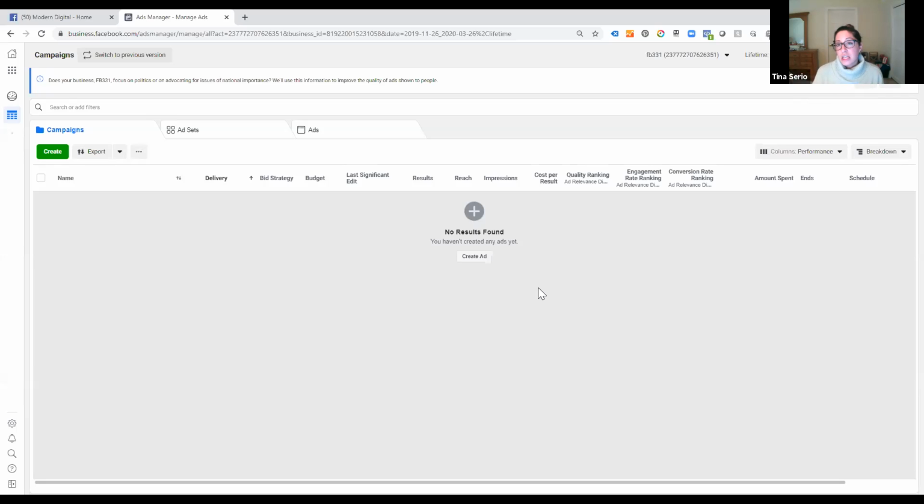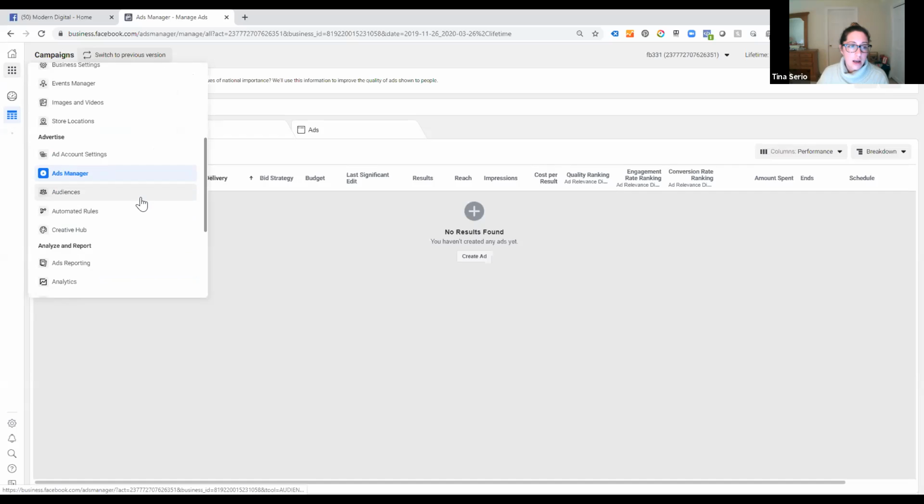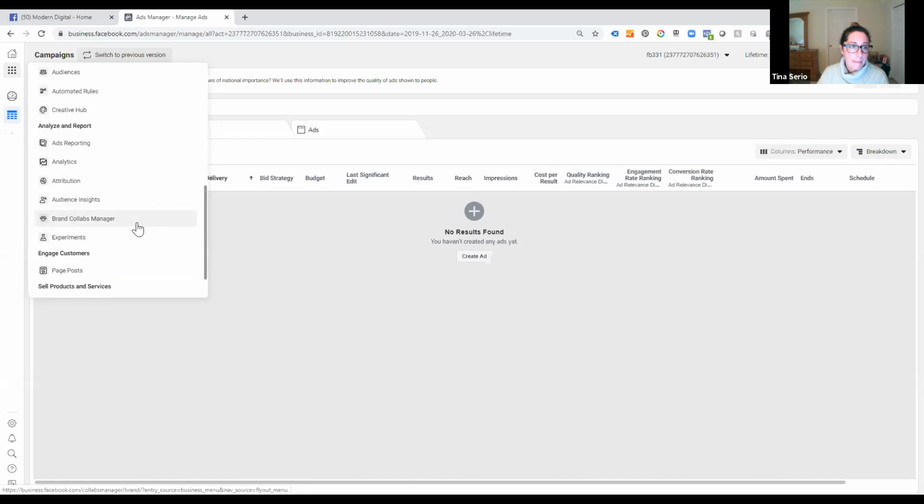Facebook has a lot of different things that you need to get access to in order to fully have access to all those different things. So you'll just need to request that from the admin of the page, the ad account, or the business account. But if you're creating it yourself, you should be able to get access to everything. It might just mean that you need to create those different accounts. And if you ever get lost, you can look over here on the left-hand side and you can see all these different links over here.